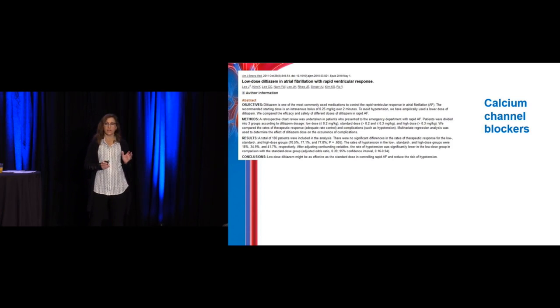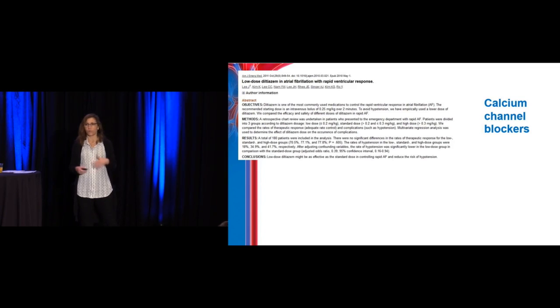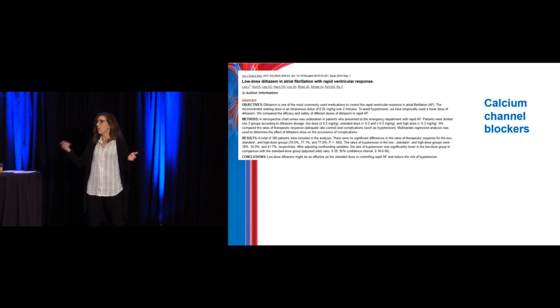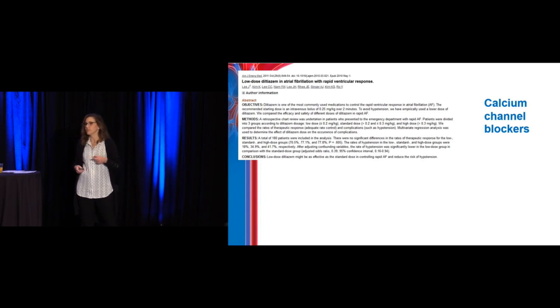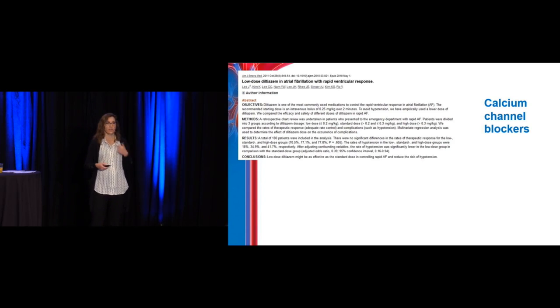So if you're a little on that fence, I know I don't want to shock this guy, they're not really exactly unstable, I want to try and rate control them, you can go with low dose calcium channel blockers. And that is something that I actually do routinely. Right? And that's one of the cases where I would definitely go with a calcium channel blocker over a beta blocker because I know I can really give relatively low doses of diltiazem, still have an effect, decrease risk of